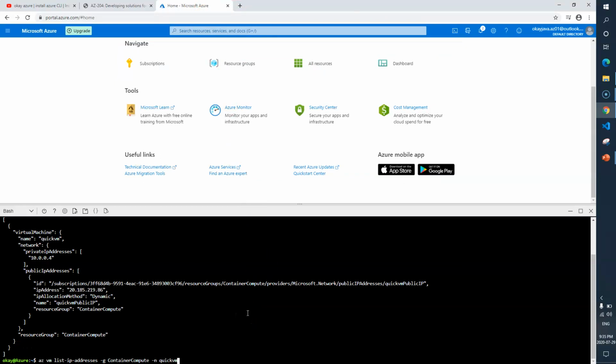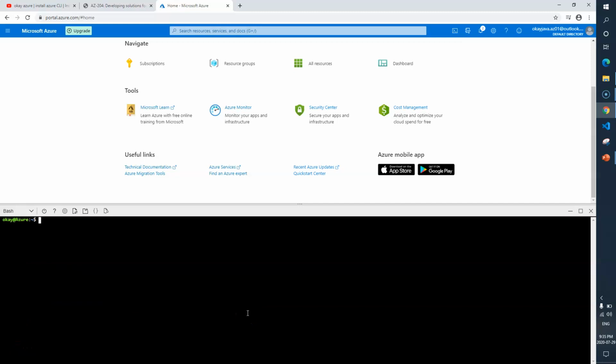Let me clear everything first. And then the next one, --query virtualMachine.network.publicIpAddresses[0].ipAddress, and give me the output in TSV, tab separated values. So here is the public IP address of our QuickVM.